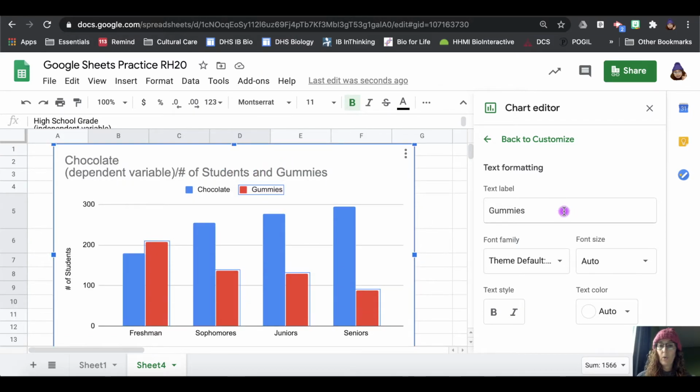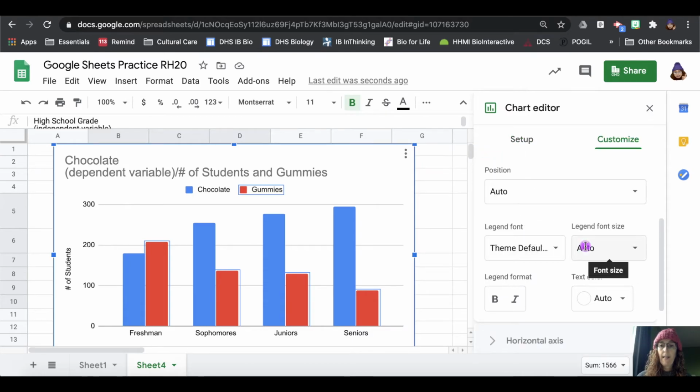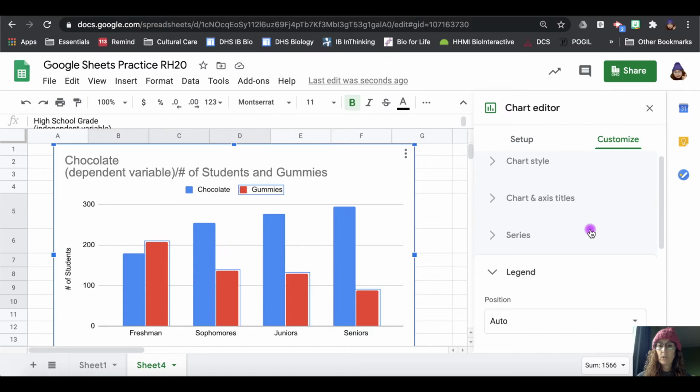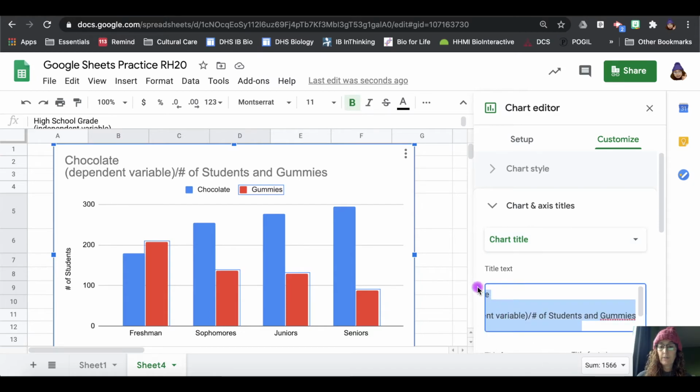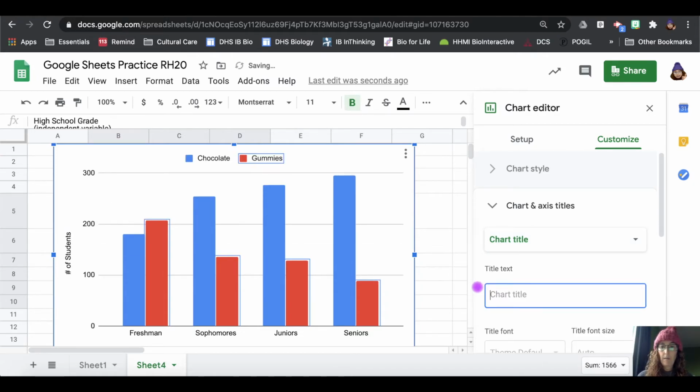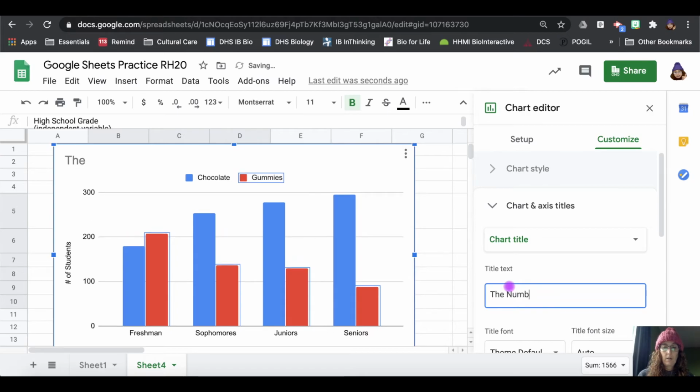Now, the last thing I need to do is the title. For this, I can go back to customizing. And I am going to say, if I can get to it, chart title. Oh, sorry, where is it? Chart and axis titles. I am going to change that to chart title. And here I'm going to type in what my chart title is. So everything clear. And I'm going to say the number of high school students by grade that preferred chocolate